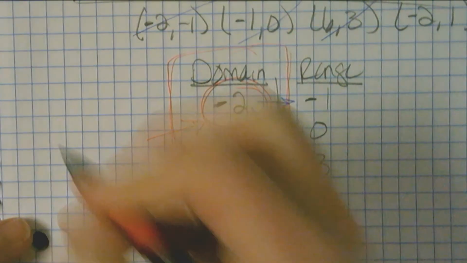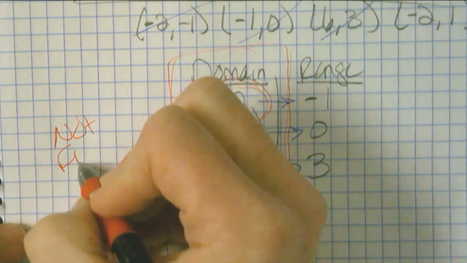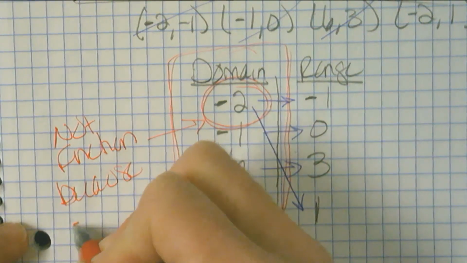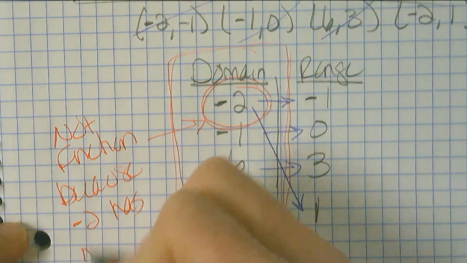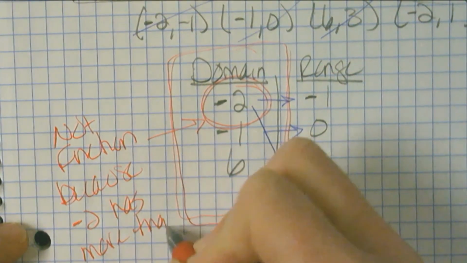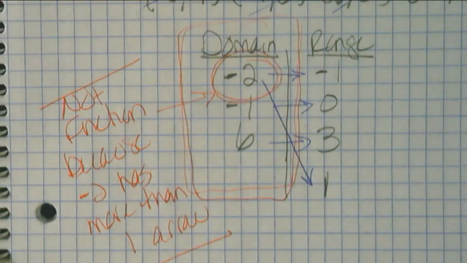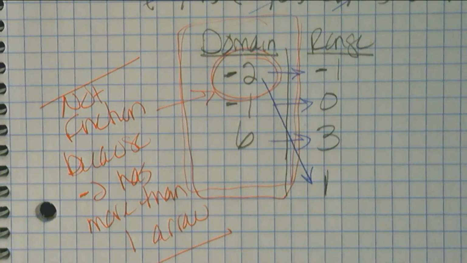Yep, this is not a function because -2 has more than one arrow. That is a mapping diagram. So on your test, I may give you a mapping diagram that has it already made up, and you're going to need to tell me if it's a function or